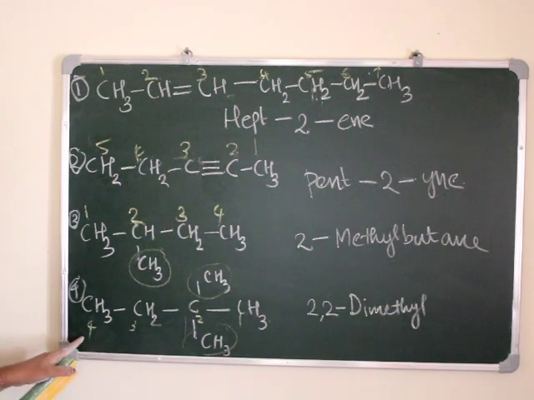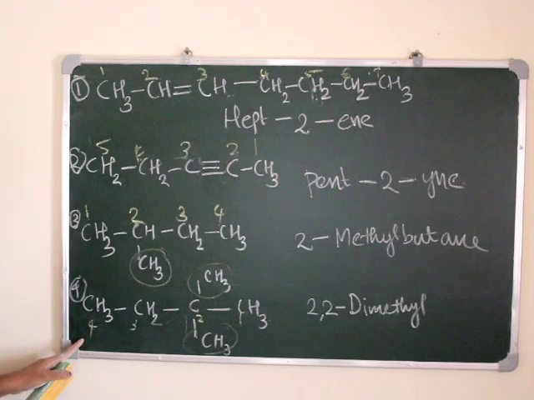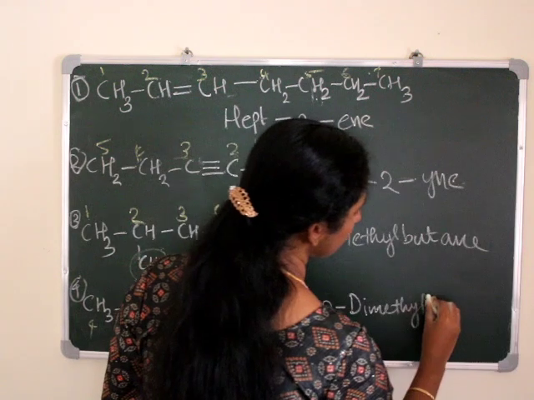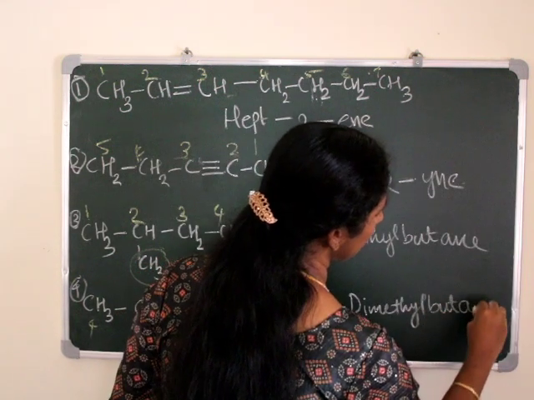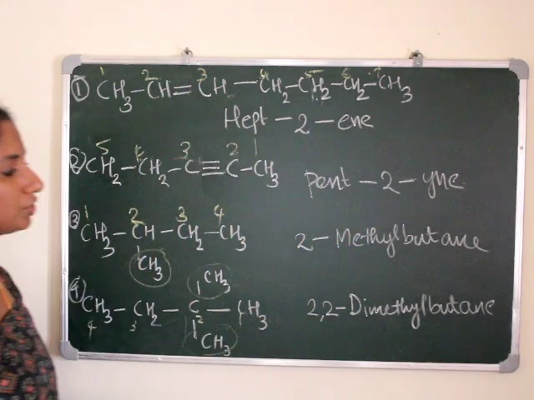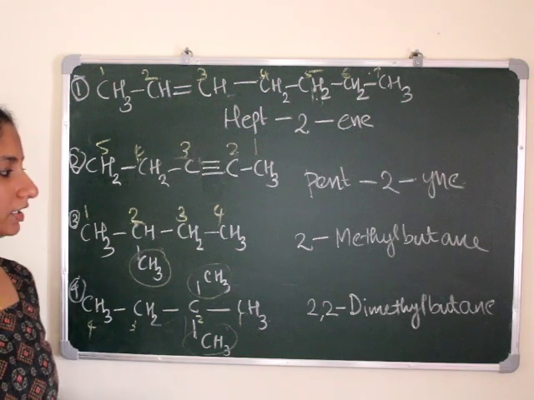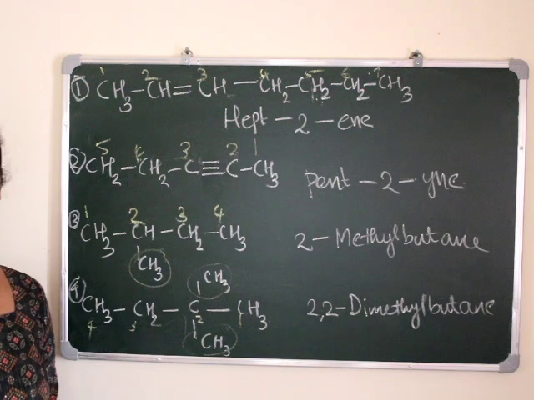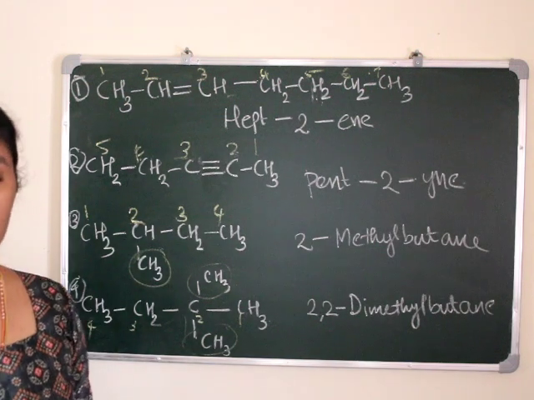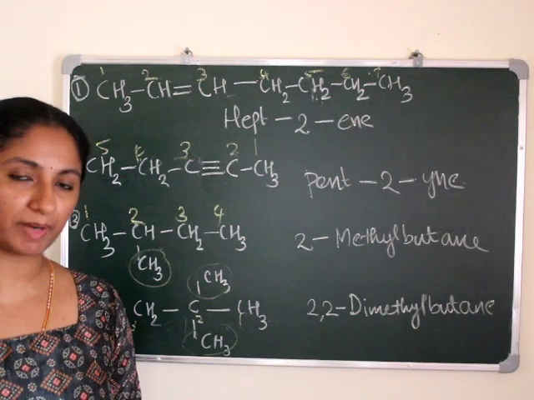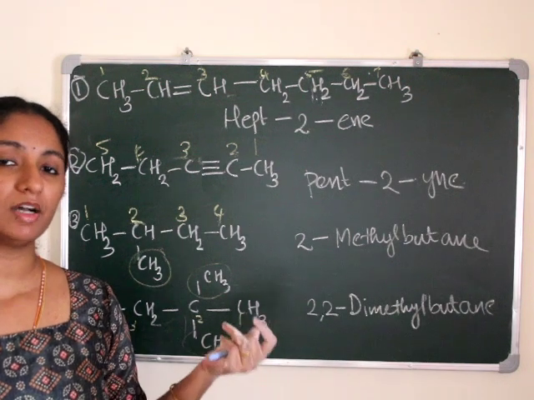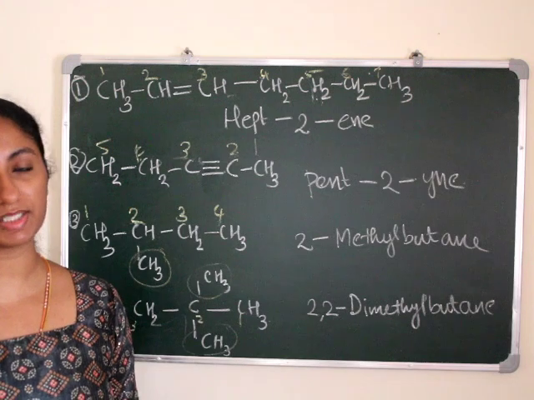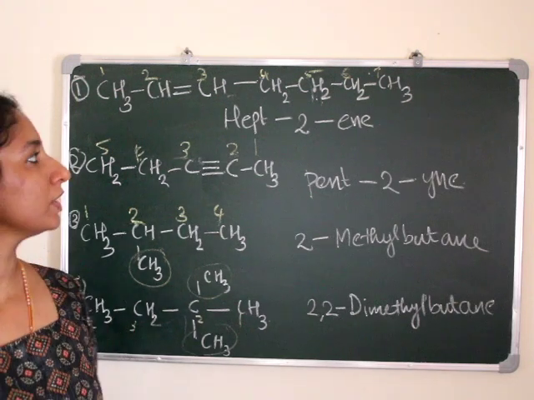Then we want to write the word root. What is the word root? We want to select the long chain having carbon atom. So long chain is having 4 carbon atoms. So but. 2,2-dimethyl but, and the suffix is ane because only single bond is present. 2,2-dimethyl butane. This is the IUPAC naming nomenclature for this particular hydrocarbon. So we already discussed about the nomenclature of alkanes, nomenclature of alkanes with single branch, nomenclature of alkanes with more than one branch, nomenclature of unsaturated hydrocarbons such as alkenes and alkynes. Okay, so that's all about